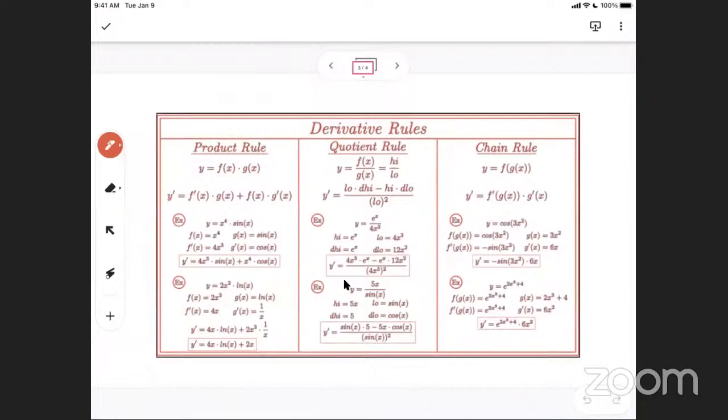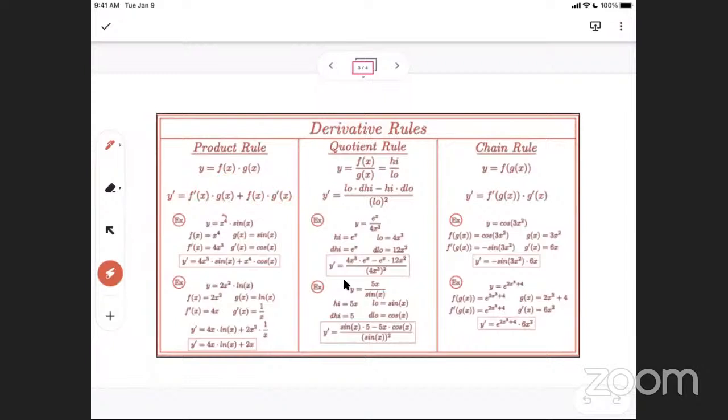Actually, this isn't really a lot of them, but this is 3 of the main ones, and it's one of them that we need for right now. It's called the product rule. Product means multiplying, right? So if your y is a product of 2 functions, then the derivative of y is equal to the derivative of the first function. You understand what that notation means? Yep. It's the derivative of the first function times the second function, plus the first function, f of x, times the derivative of the second function.